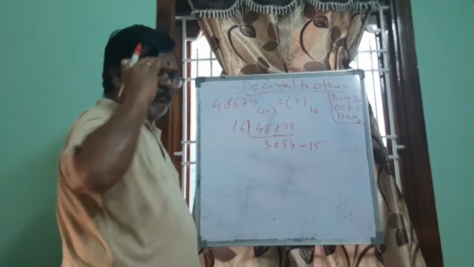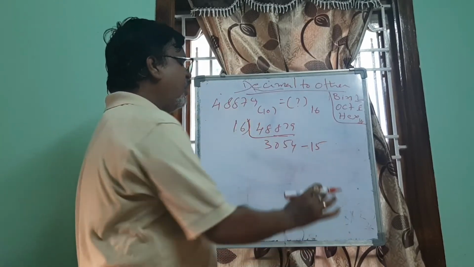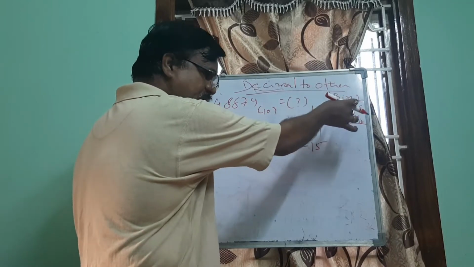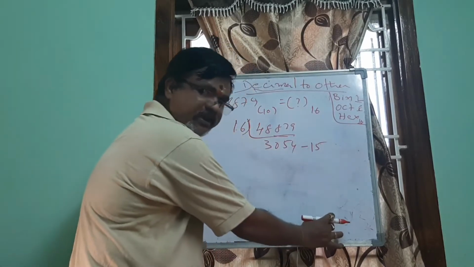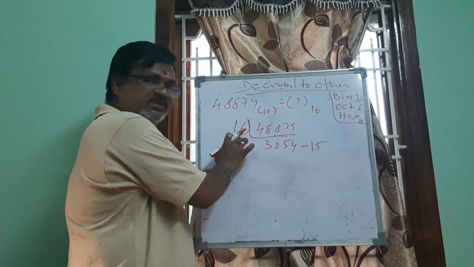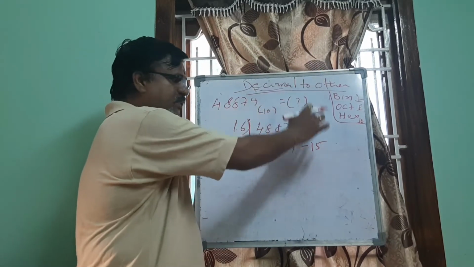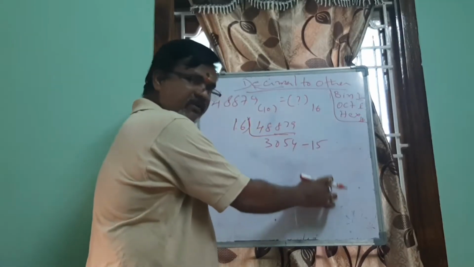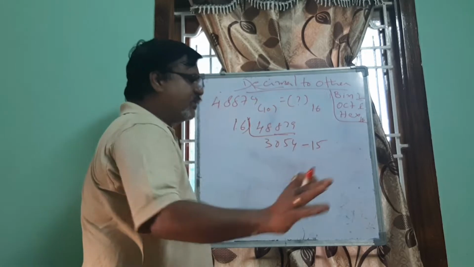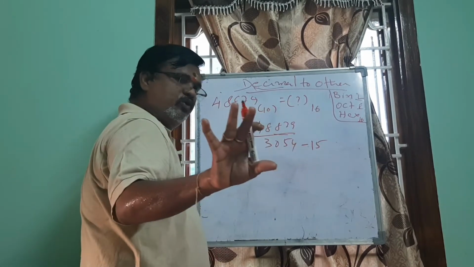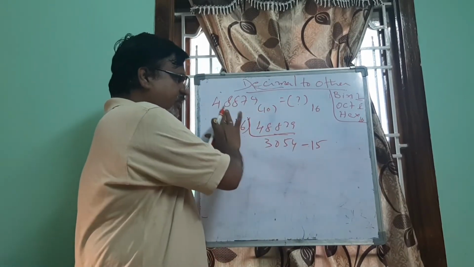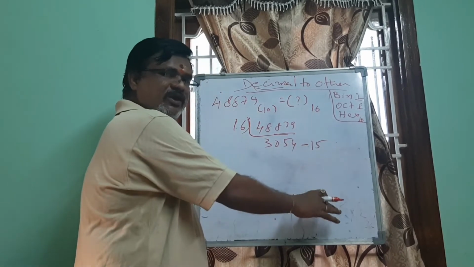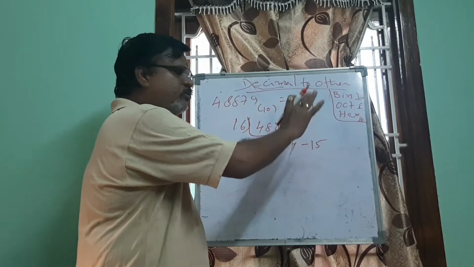So you have to remember one point here. Whatever remainders you are getting here, either in the binary number system or octal or hexadecimal, the remainders must be less than the base. In the binary number system, the remainder will be either 0 or 1. And in octal, the remainder will be from 0 to 7 only. You will not get remainder as 8. That is a important note you have to remember. In the same way, converting a decimal number to hexadecimal, these remainders should be less than 16 only. They are from 0 to 15.